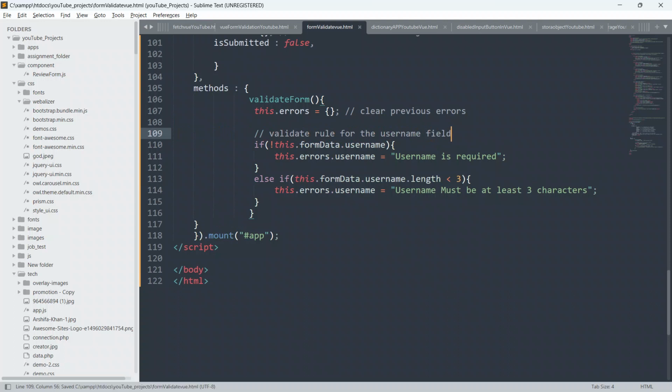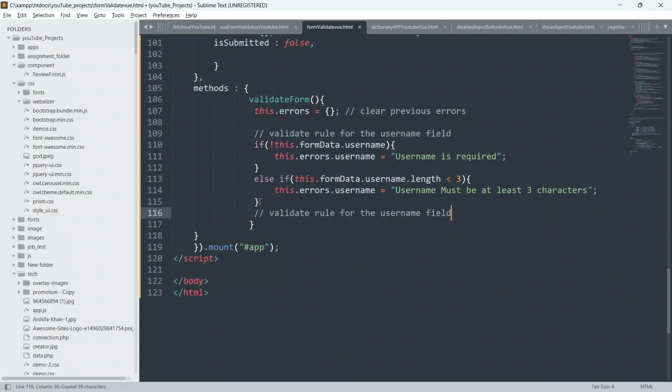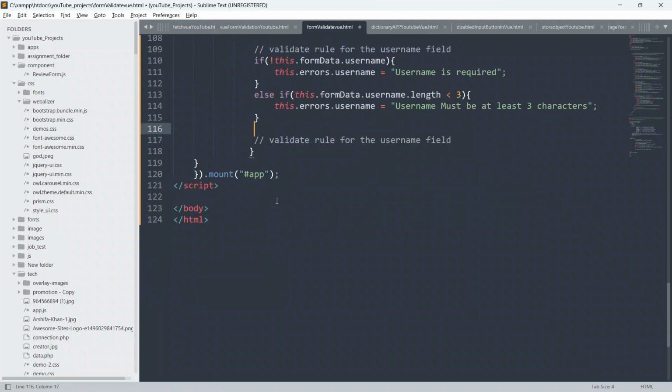Below this I will create another one, with a comment: validation rule for the email field.